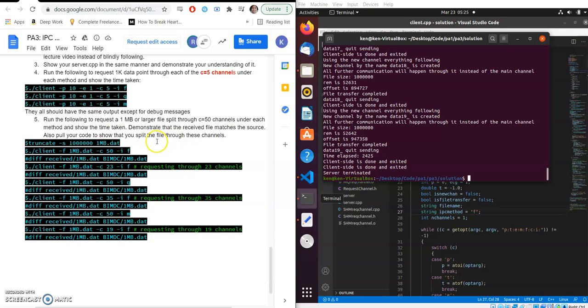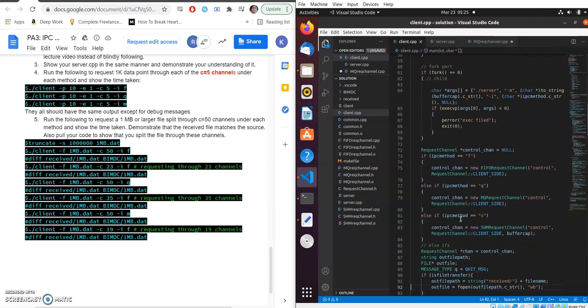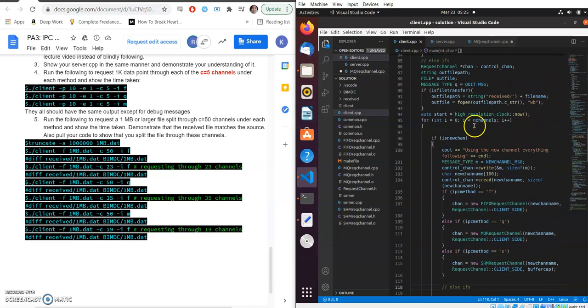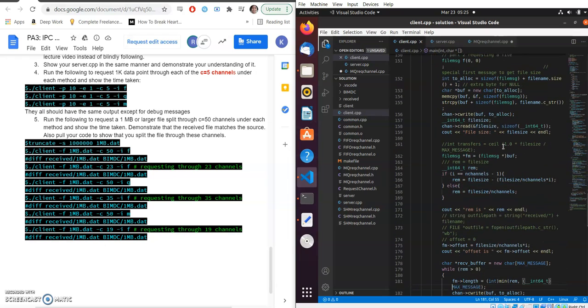Also pull your code to show that you split the file through these channels. Well, I can attempt to go over that a little bit here. How it actually splits it is that this for loop runs from i to N channels, and then all the way down where you're setting how much you're going to write to, it